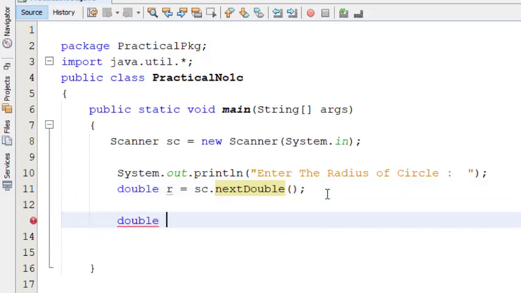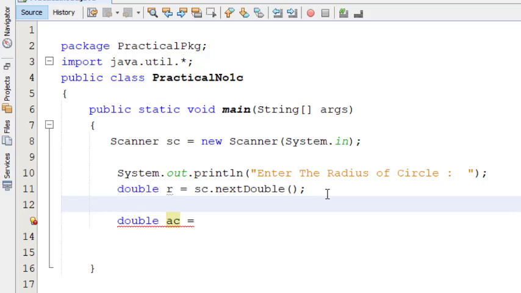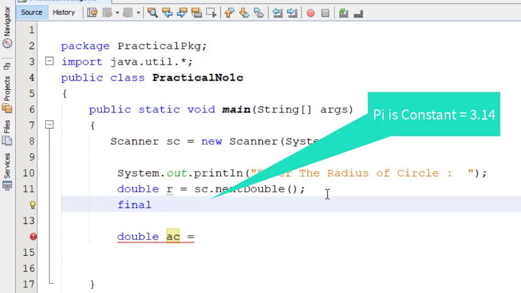Now double area of circle AC equals to, the formula is pi. So now we will first define pi. Since the value of pi is a constant, that means it cannot be changed during the execution of the program, therefore in Java we have a keyword called final. The final keyword is used to declare a constant variable in Java.